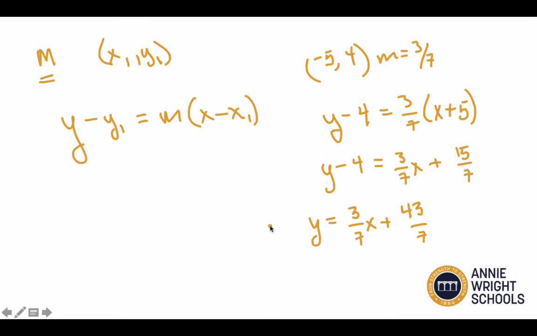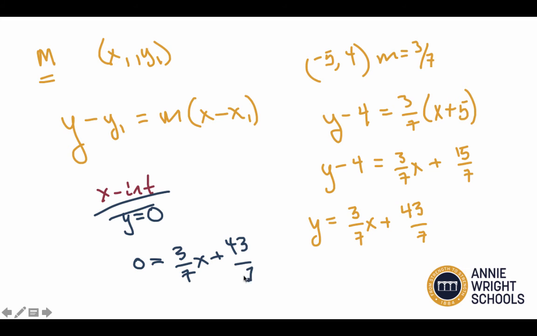The other thing I want to do, and then it'll be time to go, is I want to find the x-intercept. If the y-intercept is the value of y when x is 0, then it stands to reason that the x-intercept is the value of x when y is 0. So to find the x-intercept, replace y with 0. 0 equals 3/7 x plus 43/7. Now this is pretty easy. Clear the fraction, multiply everything by 7. 0 equals 3x plus 43. Subtract 43 from both sides, divide by 3. You get x equals